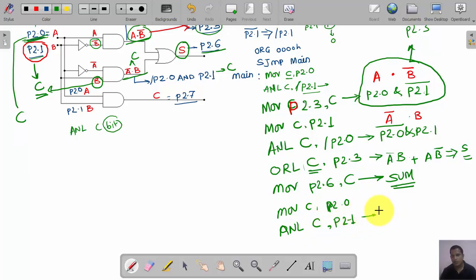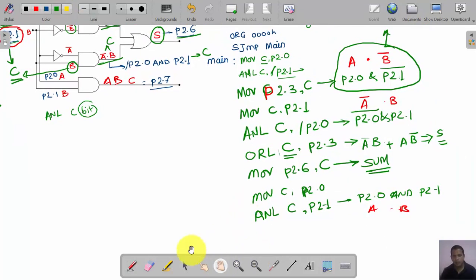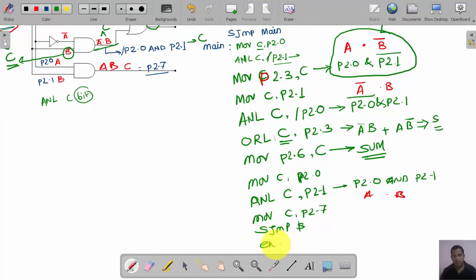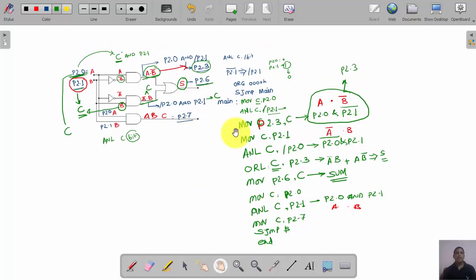The content of carry is ANDed with p2.1, which is simply A and B. This result, as said, we have to copy to port p2.7, so move p2.7 comma C. In this way we can implement the half adder using basic gates on the port pins p2.0 and p2.1 of the 8051 microcontroller.